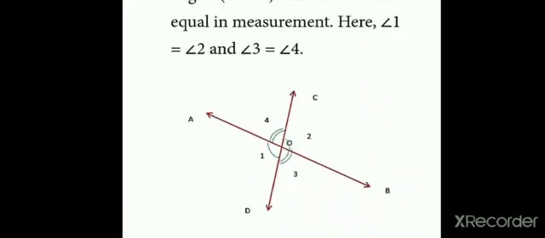See here, there are two lines, AB and DC. They are intersecting at the common point O. When these two straight lines intersect at the common point O, four angles are formed. These four angles are opposite in direction. AOC is opposite to DOB and AOD is opposite to COB. So these opposite angles are called vertically opposite angles, which are always equal. Okay. Thank you.